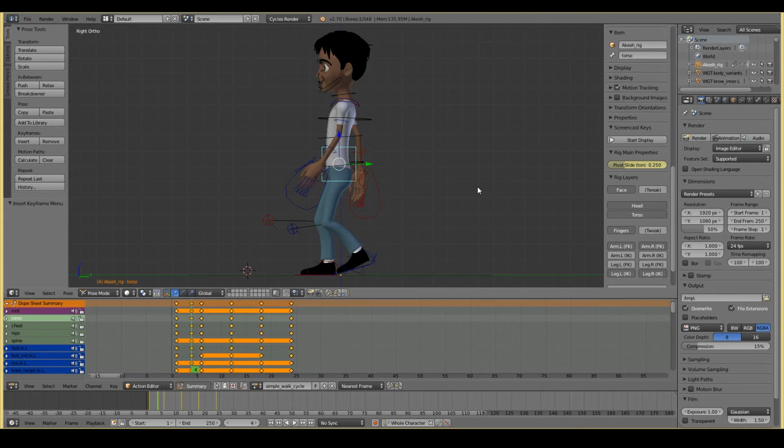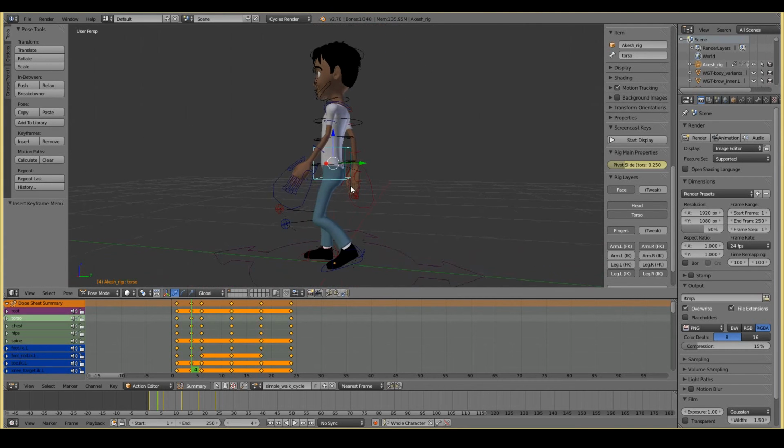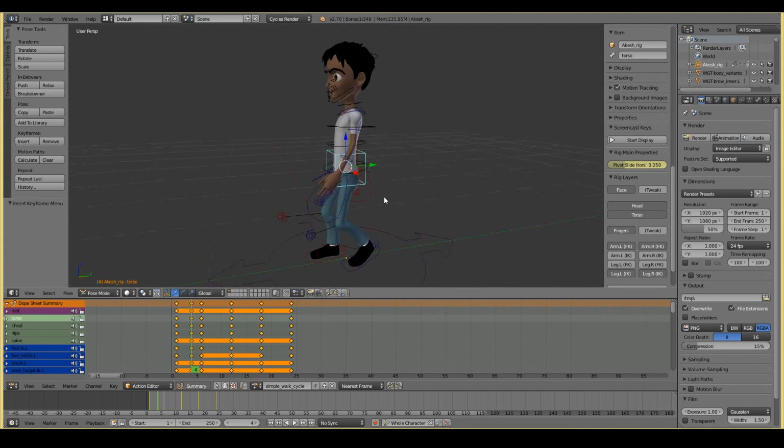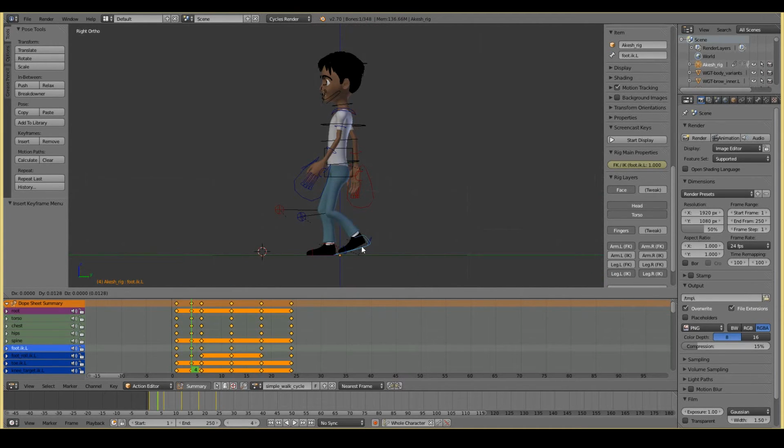That's about it. I guess what I can do over here in the low pose is, yeah, I think that should be it. Maybe I can go a little bit back here.